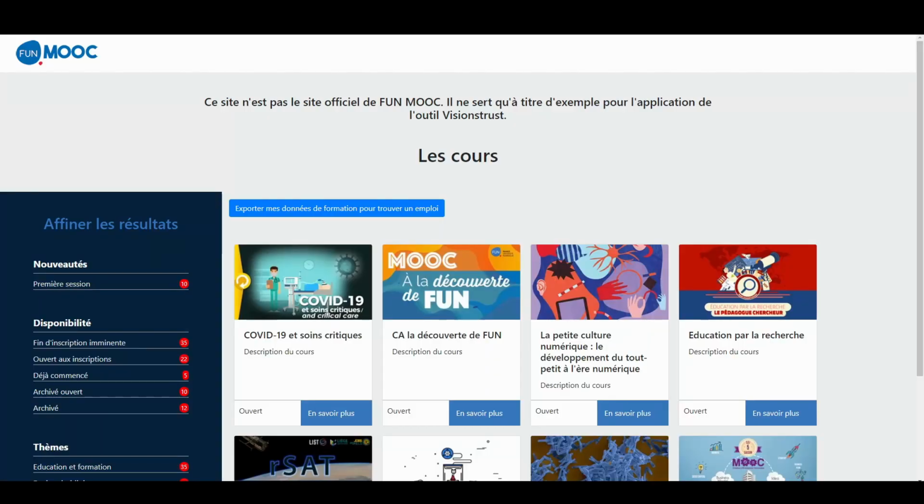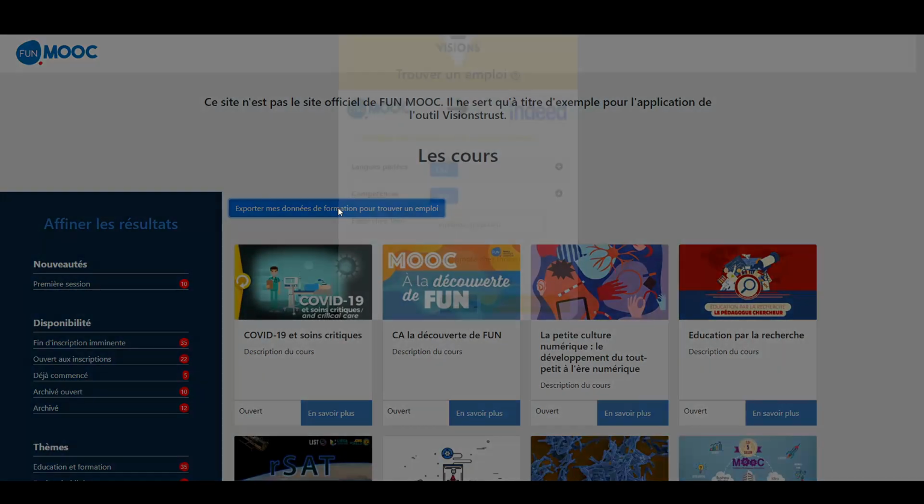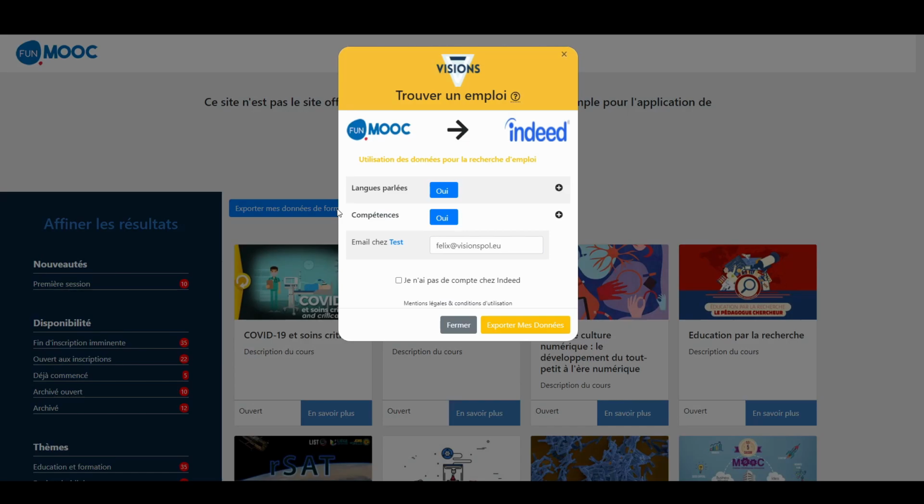And the data user is referenced as Indeed, which is a job board platform. In this implementation, the user wishes to share his data from FunMOOC to Indeed to find a job. This is the implementation of what I demonstrated earlier in the configuration and data sharing agreement generation. When clicking the button, we will search if there is an existing data sharing agreement, and if it is valid,